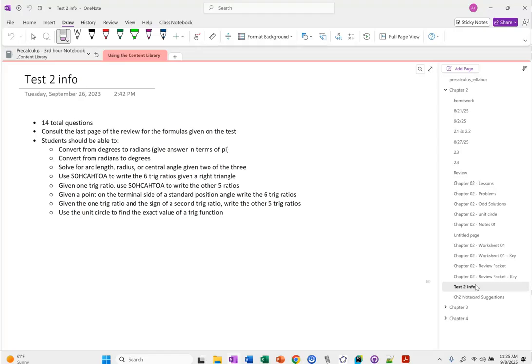So if I ask for cosine of 300 degrees, you should be able to use the unit circle to give me the exact value for that. Or if I ask for tangent of 11 pi over 12, you should be able to do something like that, just using the unit circle. Does everybody feel okay with the test description? So nothing crazy, right? This is all just like,